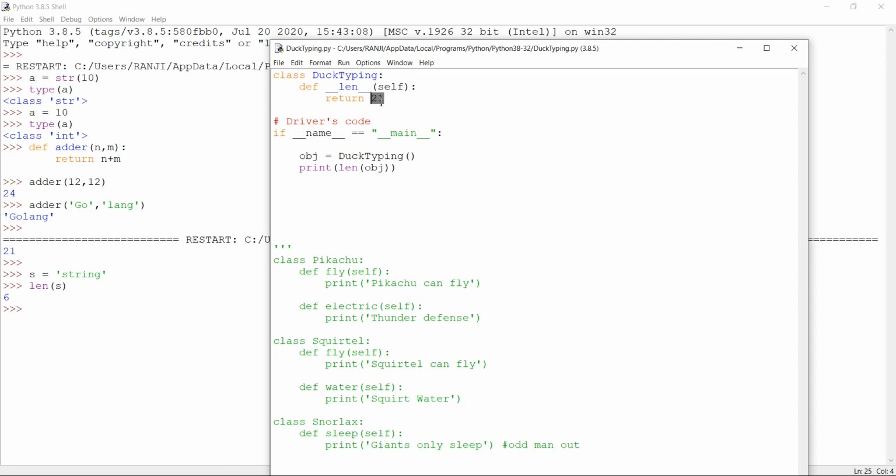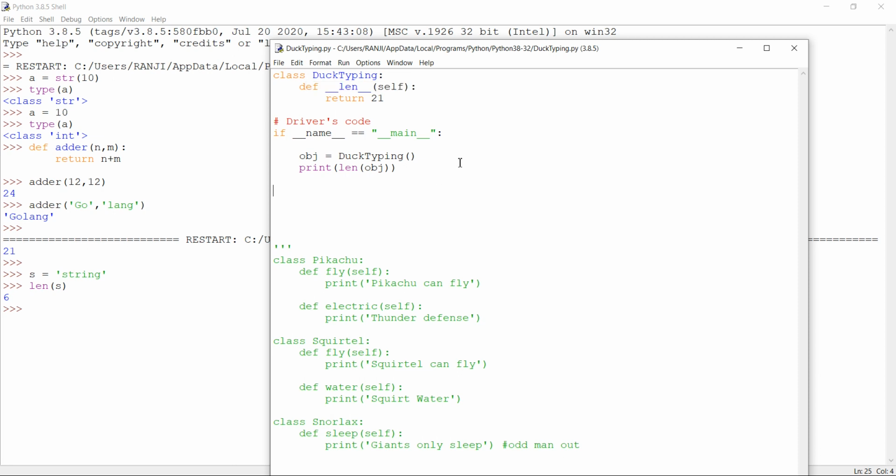It is returning the value 21. So that is dynamically typed. Or even if you call this length function, what do you think happens internally? Internally there will be a length function like this, which takes the string which you gave here, and it will return the dynamic value of that, whatever length of the string you are going to put. So that's basically dynamic typing. So Python is essentially dynamic typing.